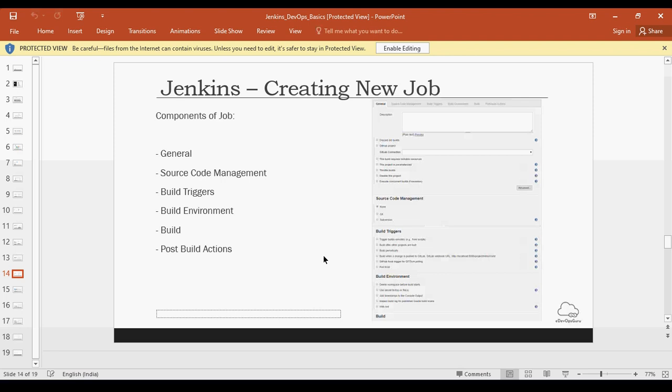One of the properties of jobs is that jobs can be done in a sequential manner. Sometimes a single job might not be able to handle that workflow. In that case, you can have multiple jobs linked to each other. Once a job is defined, you can define another job and link them using the post build action.